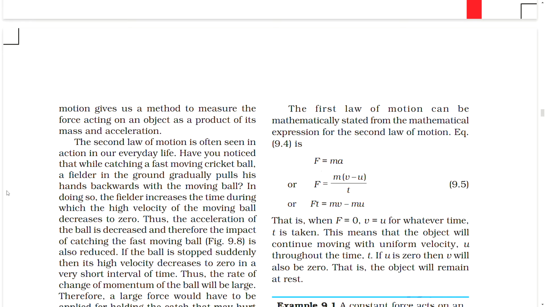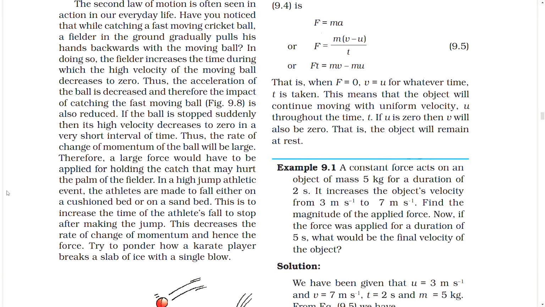If the ball is stopped suddenly, then its high velocity decreases to zero in a very short interval of time. Thus, the rate of change of momentum of the ball will be large. Therefore, a large force would have to be applied for holding the catch that may hurt the palm of the fielder. In a high jump athletic event, the athletes are made to fall either on a cushioned bed or on